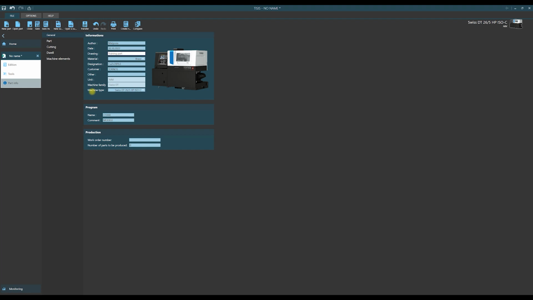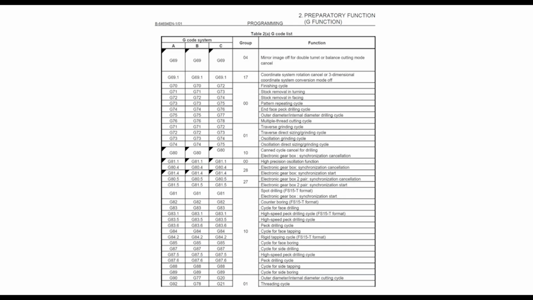Let us focus now on the bottom line, machine type. Of course, this is our DT machine, but at the end we see the description ISO C. What does it mean? Let's look into this table. This is a part of the whole description of G-codes available for FANUC control.